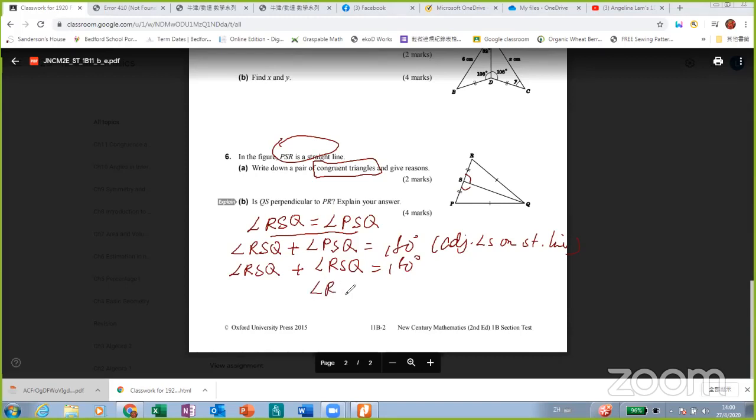And therefore angle RSQ is 90 degrees. Therefore, we have SQ perpendicular to PR. Okay, up to this moment,